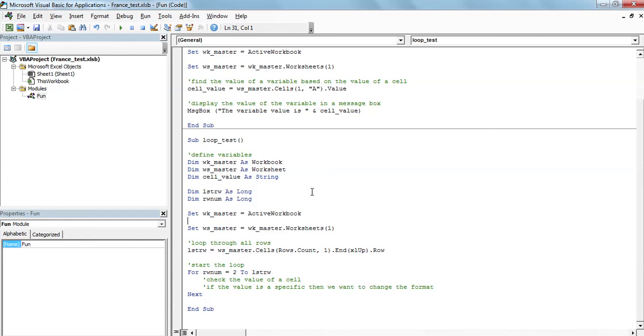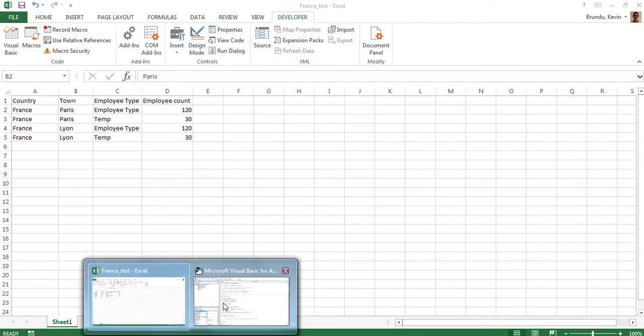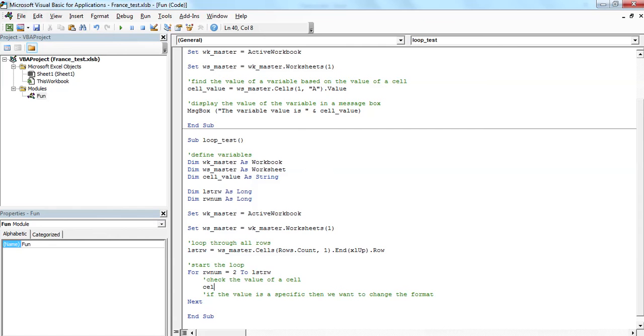Now that we have a loop, let's find out the value of a cell, and we want the value of the cell here in column B. We want to know the town. So basically here I'm going to say that the cell value is actually